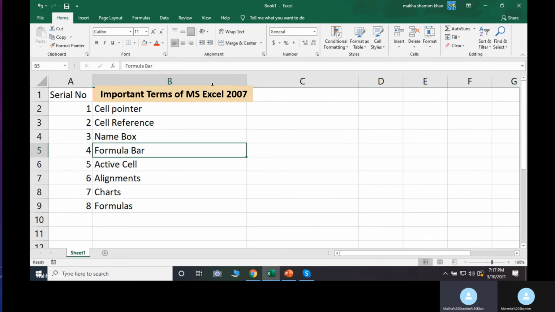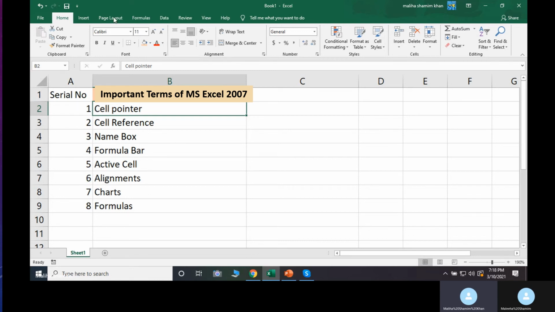These are the column labels, and rows are represented through numbers like 1, 2, 3. When we combine it, for example, if I select this cell where cell pointer is written, it becomes B2. Now you can see B2 over here in the name box. B2 is a cell reference.